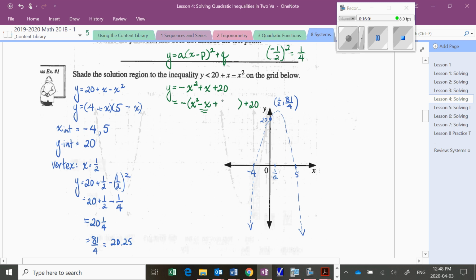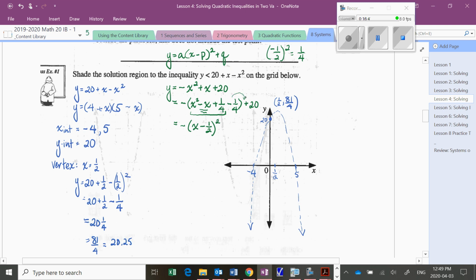So that means that I need to add 1/4, but because I'm adding 1/4, I also need to subtract 1/4 since I want that value to end up being exactly the same as the previous value. Okay, and so then from here we've got negative and x squared minus x plus 1/4. That is my perfect square trinomial. And so we'll factor that, so that gives us x minus 1/2 all squared,